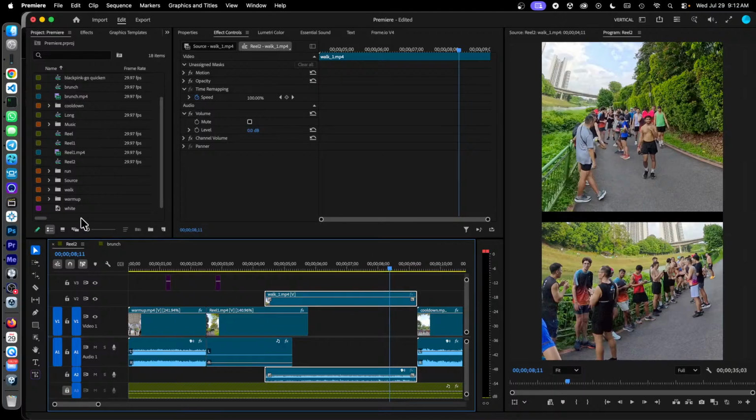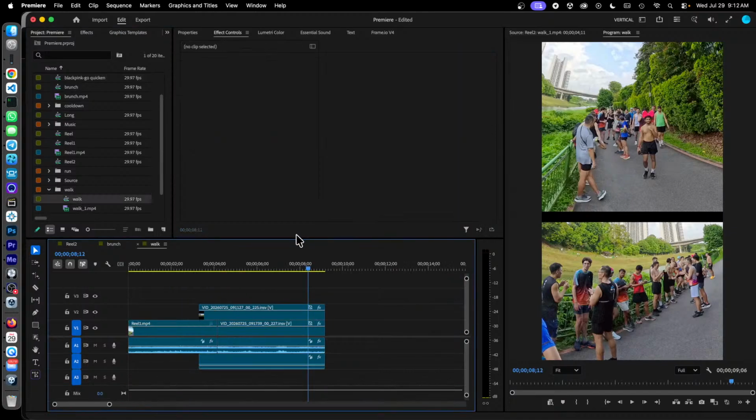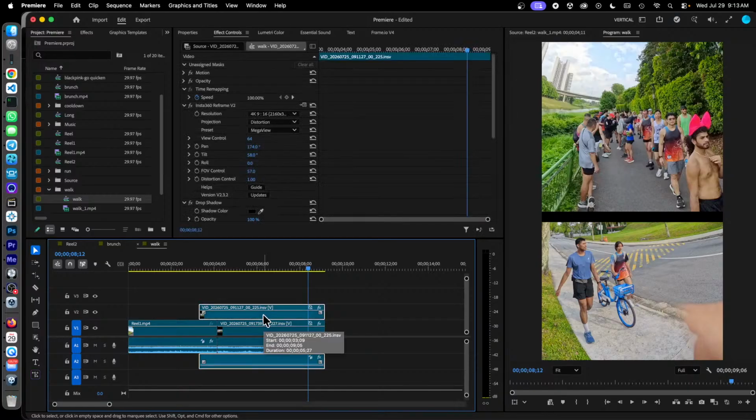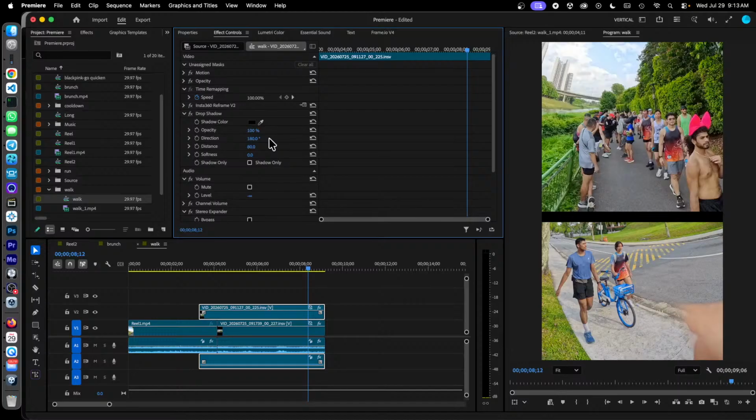What happened was this. If you look at the walk clip, the walk sequence here, now look at the walk sequence here. So the problem is this. There is a drop shadow with the black bar, and the standard I'm using is 80 pixels. We have 80 pixels for the thickness of the bar, but we are doing a scale of 160% because we want to zoom in on the people there,